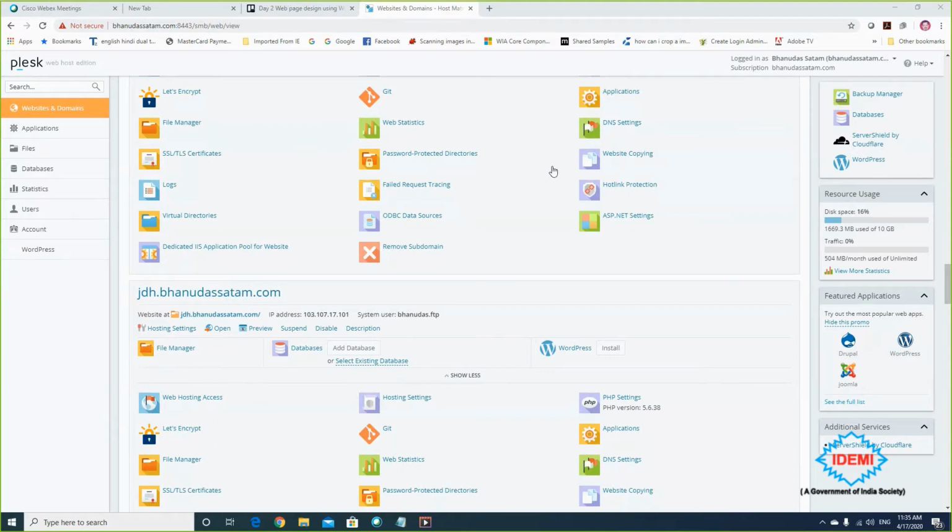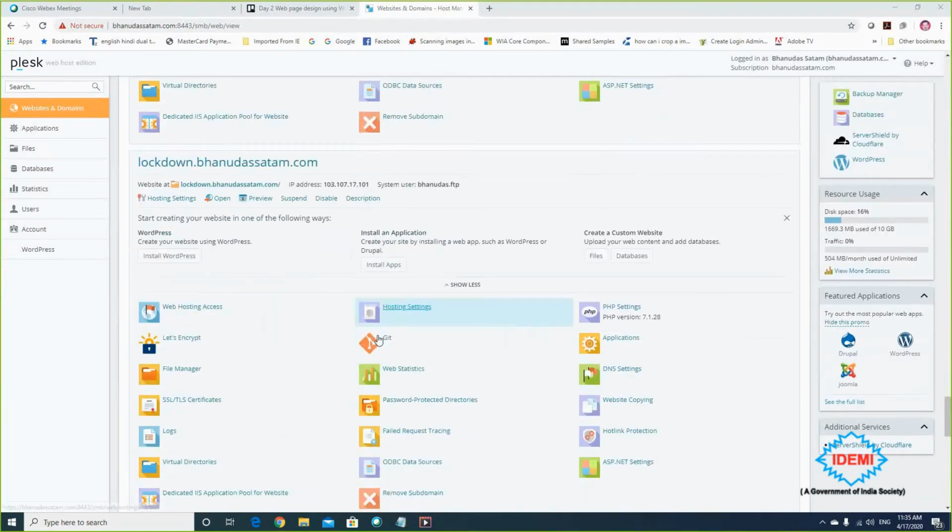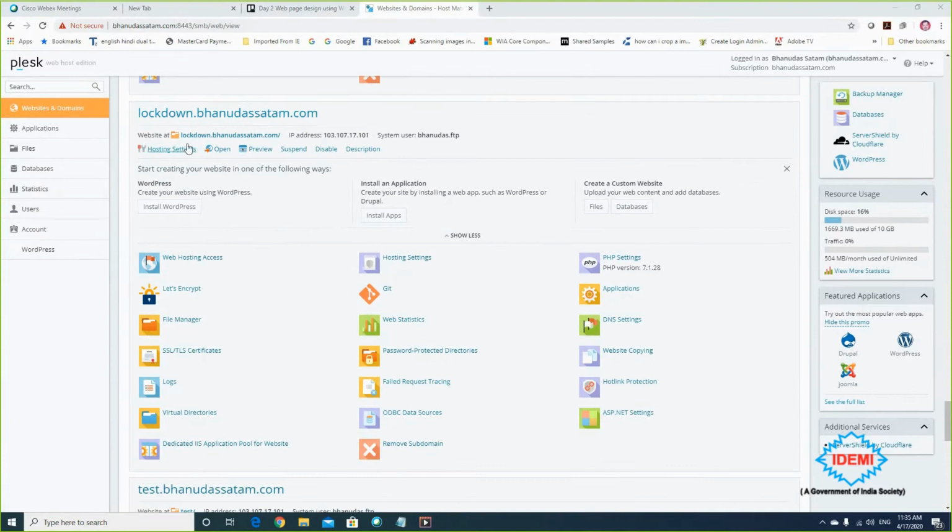So I'm talking about the lockdown bhanudasatam.com I created here. Once you buy a domain name, people will give you this control panel, where your domain name is written. You don't need to create the subdomain here.